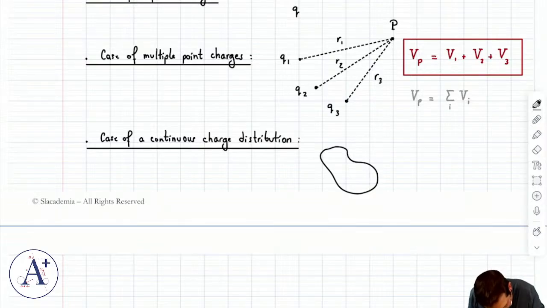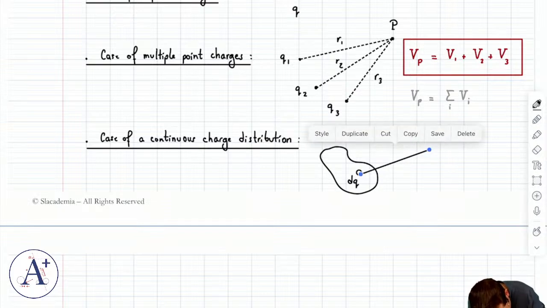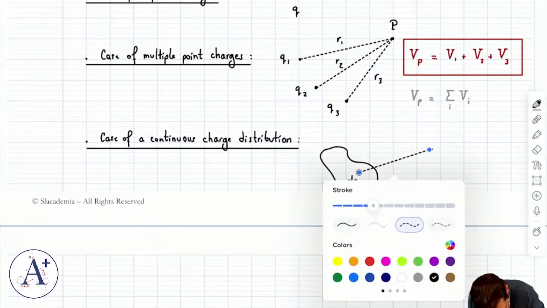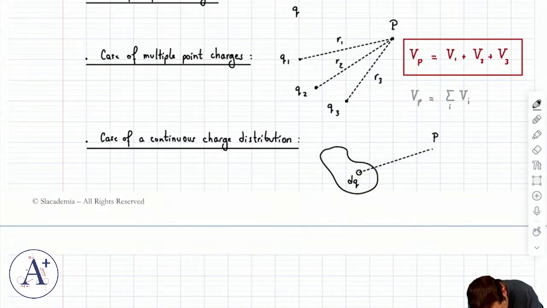And what we're going to say is that if we're able to identify a little piece of charge dq, then we will get the electric potential at point P by integrating k dq